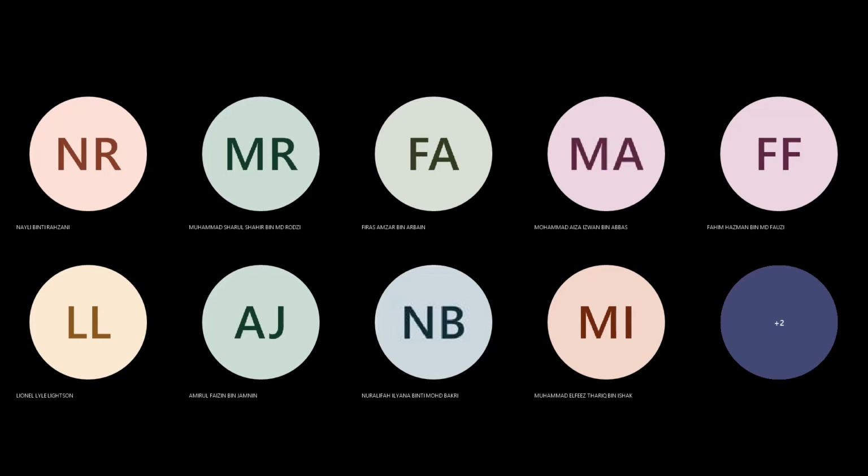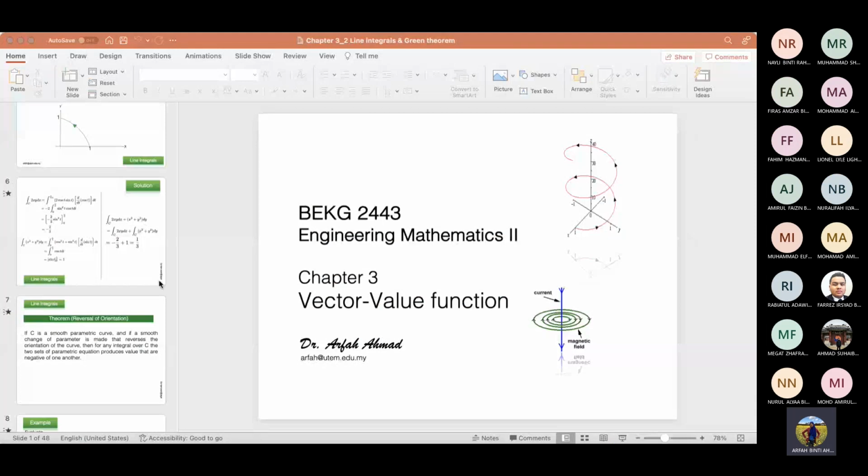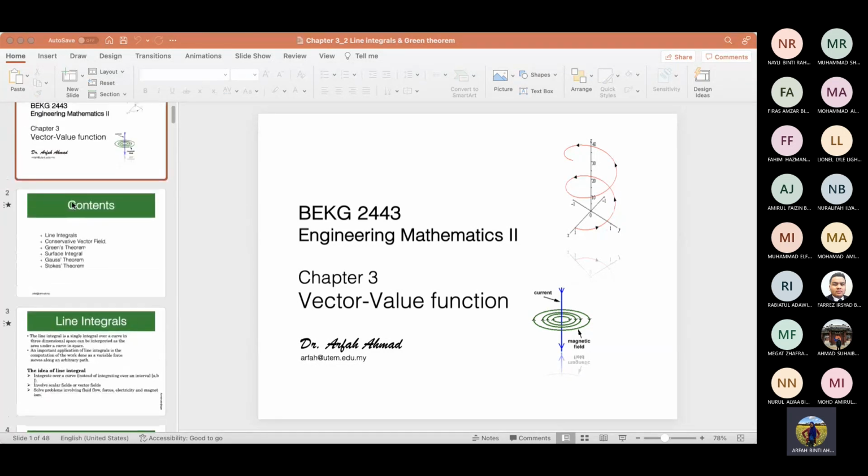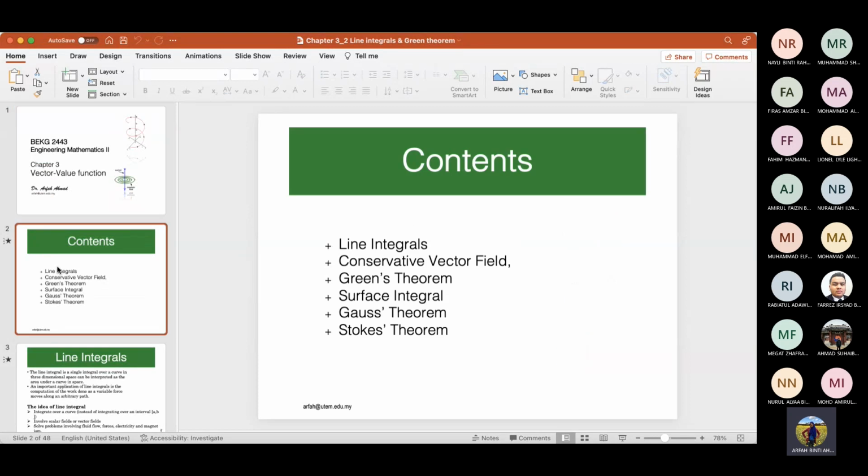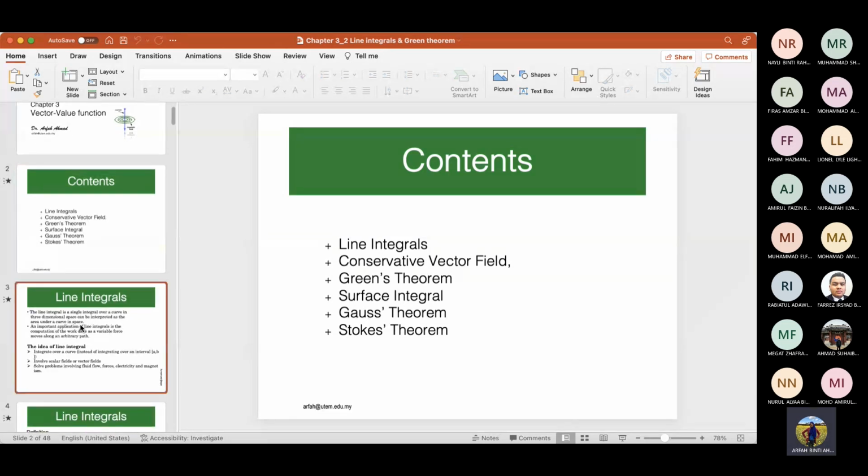Going to continue with the second part of the vector value function, that is, we have the line integrals and the Green's theorem. Yesterday kita dah tengok, in this part we are going to learn about line integrals. Conservative vector fields tu tak ada, nanti we will just omit that particular part. And then Green's theorem, surface integral, Gauss theorem and Stokes theorem. Okay. So for line integral,